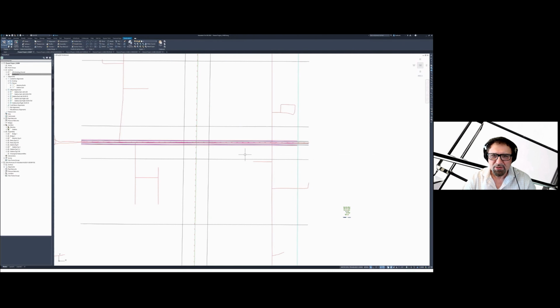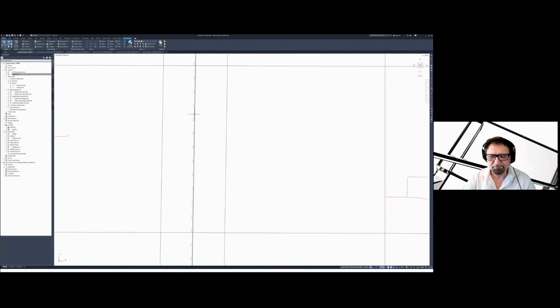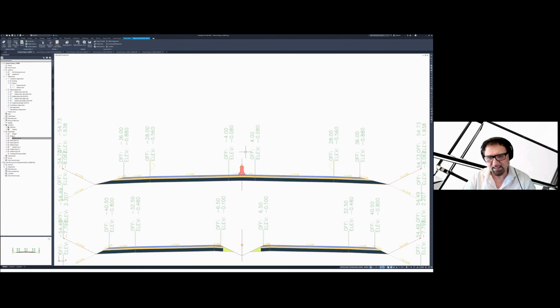Now, working on the main line, I'll show you some of the assemblies for that. So I'm going to go to mainline type A, and you can see that we have the median with the concrete barrier, and I also have the offset, the shoulders at 4 feet each side.